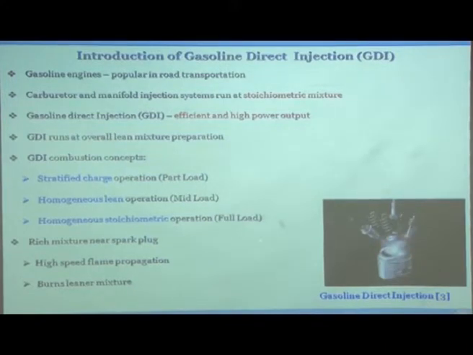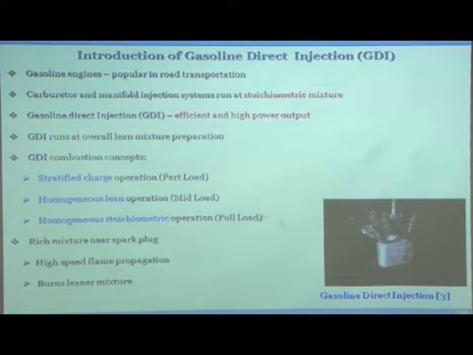The other areas will not get any fuel, the area very close to the spark plug will get fuel, and then you apply the spark. So, you see intake, compression, injection, combustion and exhaust. Look at this animation carefully, it is fast. Fuel injection in this case is happening towards the end of the compression stroke, just like in a diesel engine. Okay. And this is the part load animation.